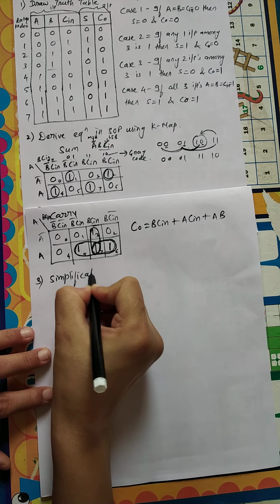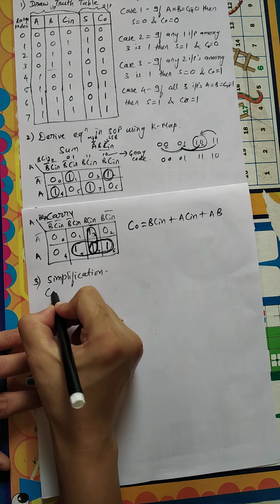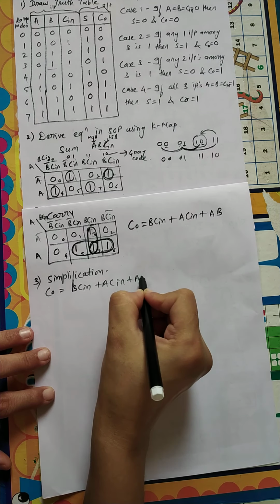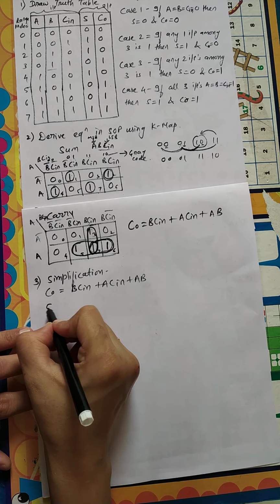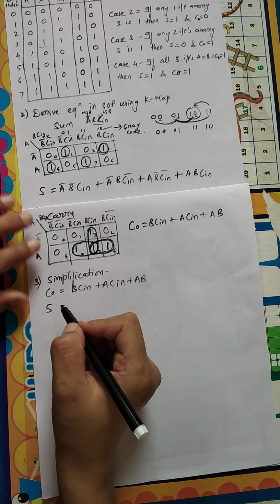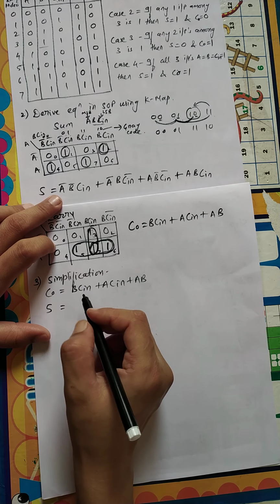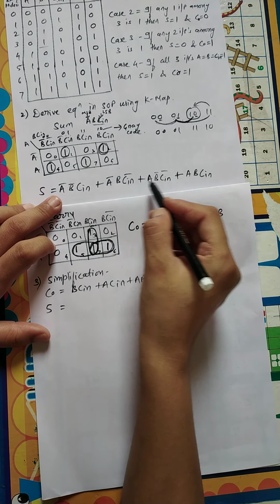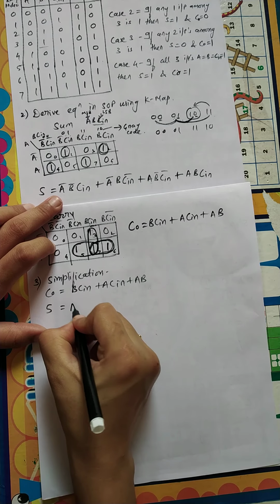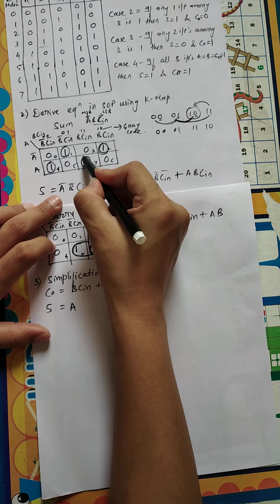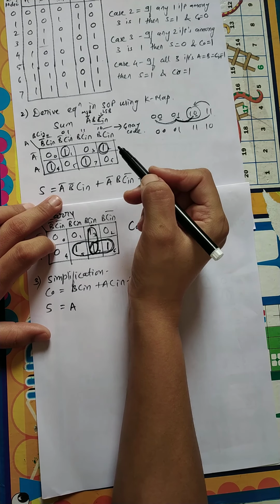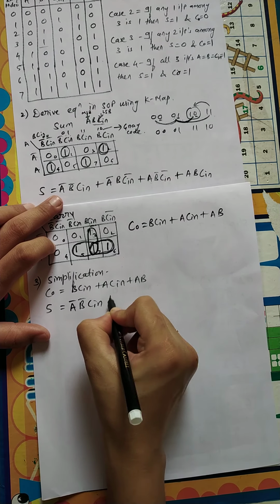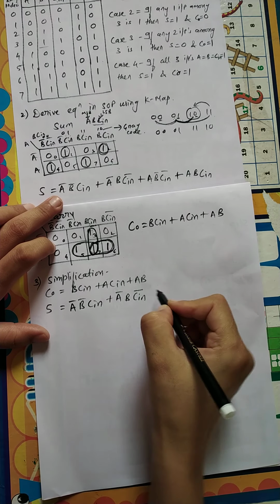Now the third step is simplification. So actually the carry equation we got as a simplified one, right? BC in plus AC in plus AB, right? But the sum equation is not in the simplified form. Why is it not in the simplified form? Actually you can see that this is a standard SOP equation. 3 inputs are there and all the 3 inputs are present in each term. That means it is not a simplified equation, as you will also come to know from this, we had formed a group of single ones, right? So that's why it is not a simplified equation. So here A bar B bar C in, so we have to simplify this expression.